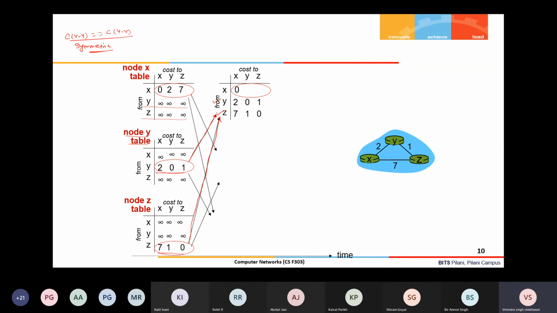Perfect. Now we'll see, after receiving these distance vectors, how the cost from X to Y and Z is changing. We'll see this through the Bellman-Ford equation. So node X is receiving a distance vector for destination Y, right? For destination Y, it is receiving from node Y and also from node Z, because node X can reach Y directly, and it can also reach Z via Y. There are two possible paths in this topology.